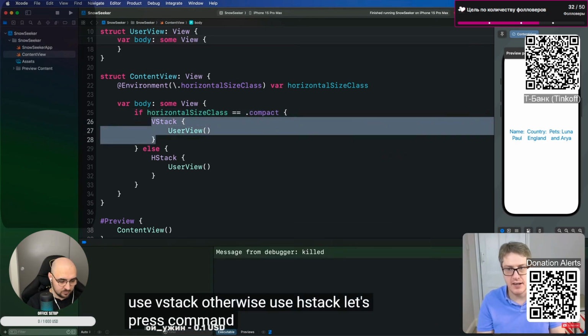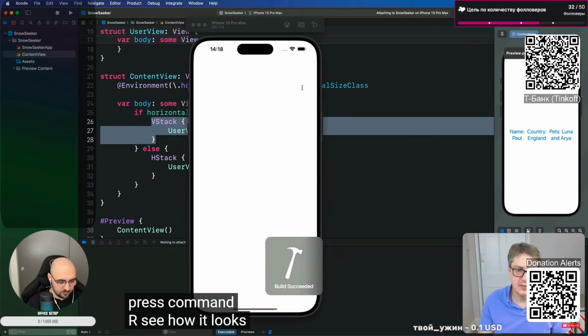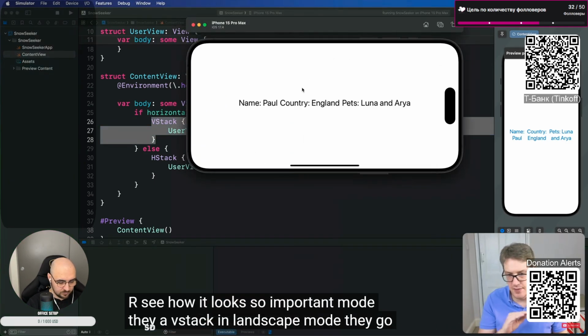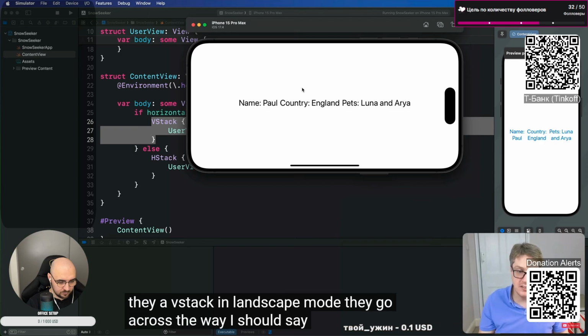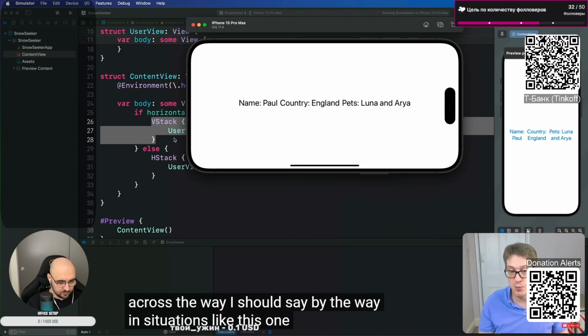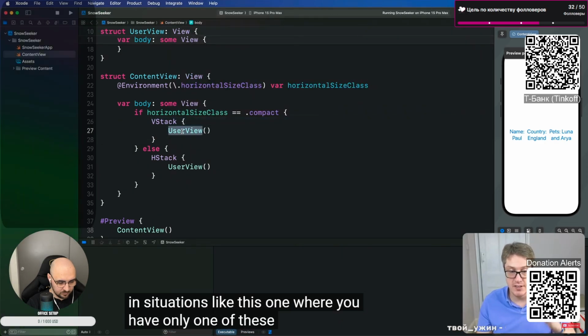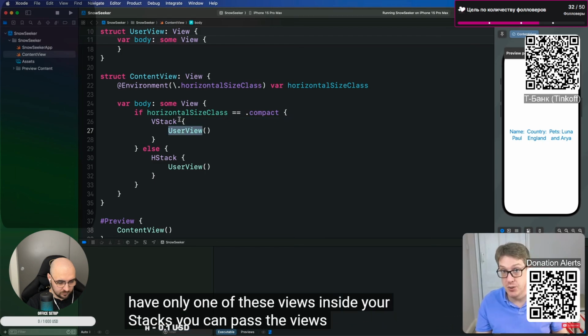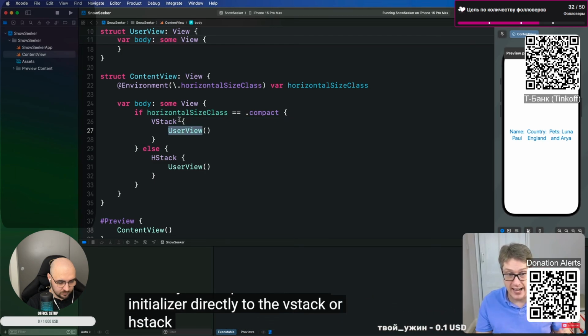Let's press Command R, see how it looks. So in portrait mode, there is VStack. In landscape mode, they go across the way. I should say, by the way, in situations like this one where you have only one of these views inside your stacks, you can pass the views initializer directly to the VStack or HStack to make your code a bit